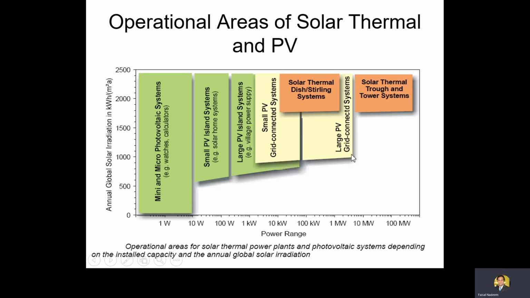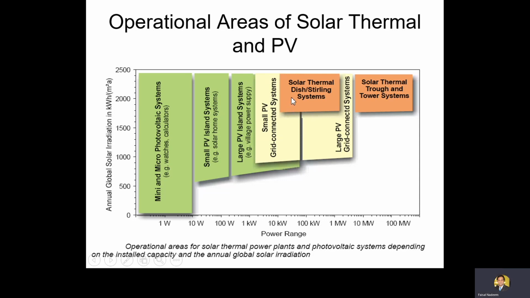Now, this is the explanation for the photovoltaic systems. But if we compare these with the solar thermal system, we can easily see that the amount of irradiance required for the proper functioning of the solar thermal system is very high. The large photovoltaic system can even work in areas which have an irradiance level of around 800 kilowatt hour per meter square. However, if we look closely at the solar thermal system, the minimum irradiance required is around 1800 kilowatt hour per meter square. First of all, this thing.